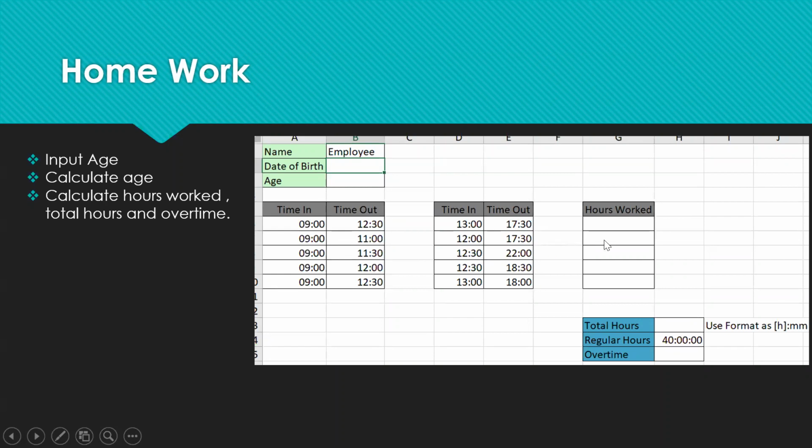Similarly, you have to calculate all the hours here, and the total hours here. And if there's overtime, if the total worked hours is 48, you have to give me 8 hours overtime here. So you have to find the difference in total hours and regular hours. So this is the homework today.